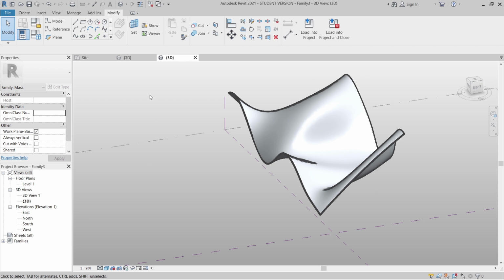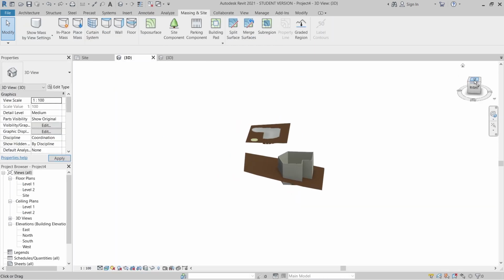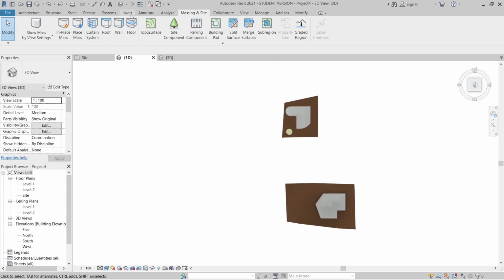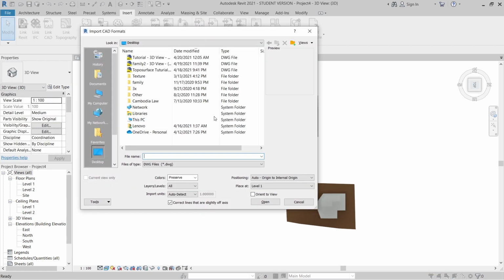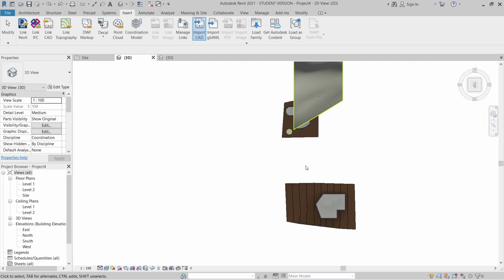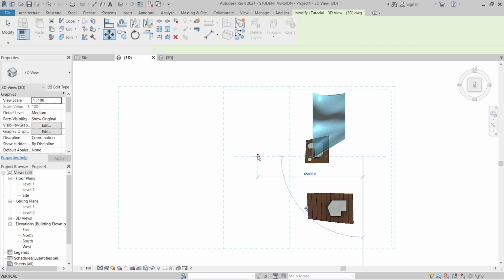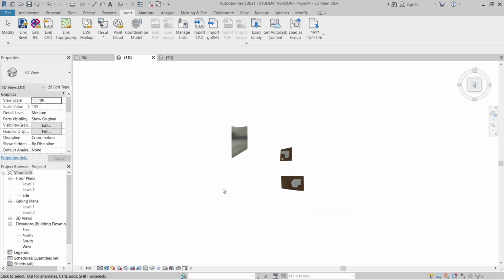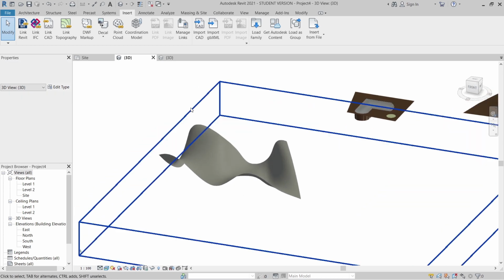Once I've done that, I can go back to my 3D here. Then I will start from the top, go to my Insert tab, go to Import CAD here. Then I select my topo surface tutorial. This one is the tutorial 3D that we created before. Then I just hit Open. Then I need to move on first. Hit Escape a couple times. Now it's just a simple solid surface.